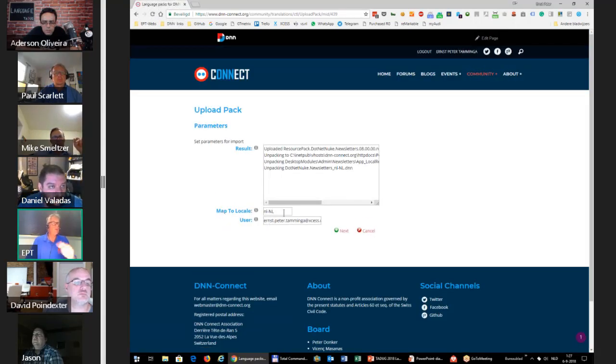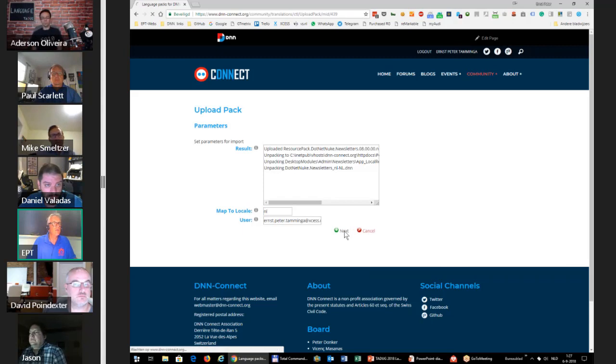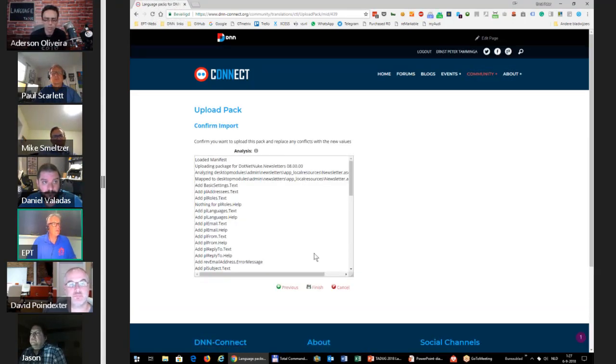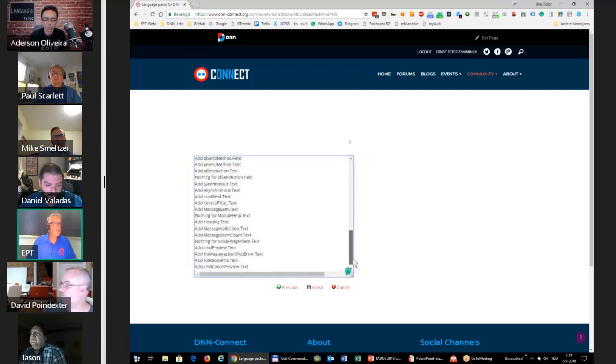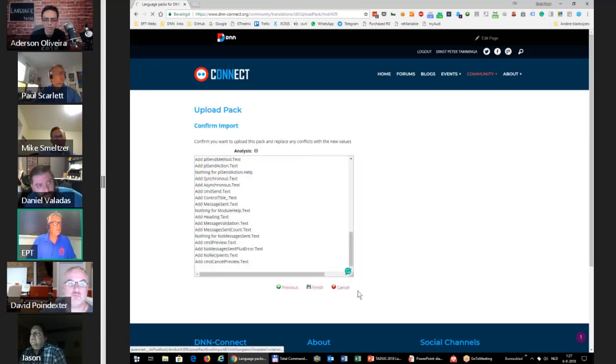Do I want this to map to the variation, or do I want to make this a standard for Dutch? I know I've done the translation in my DNN version, but I'm sure that this translation is good enough for the default locale. It's going to parse all the text elements in here, showing how many are there. And if I press finish,